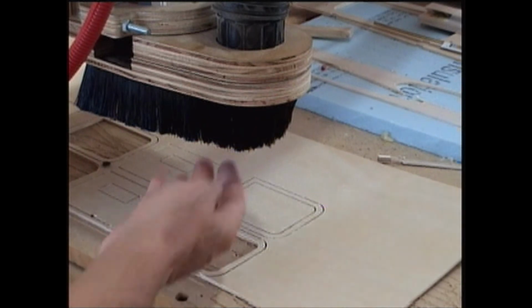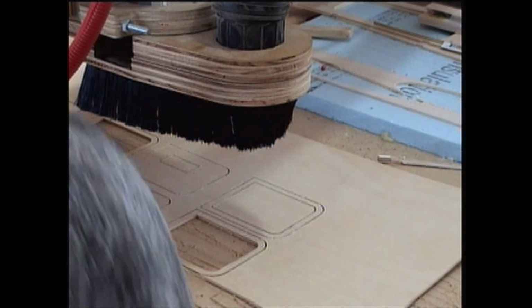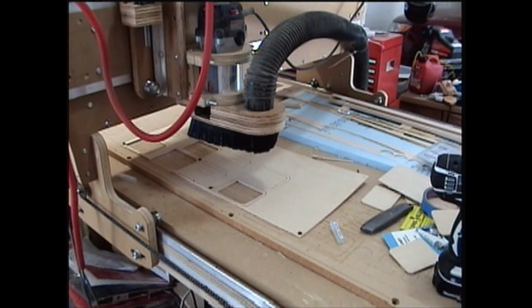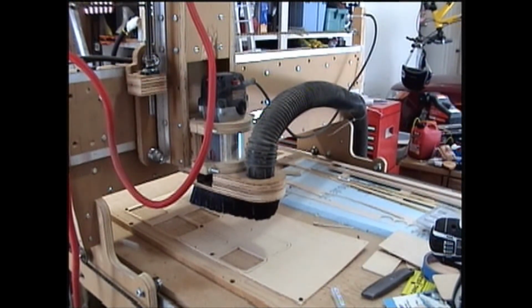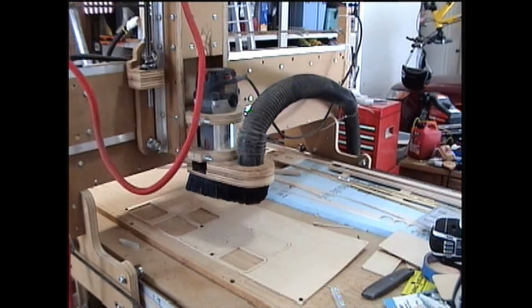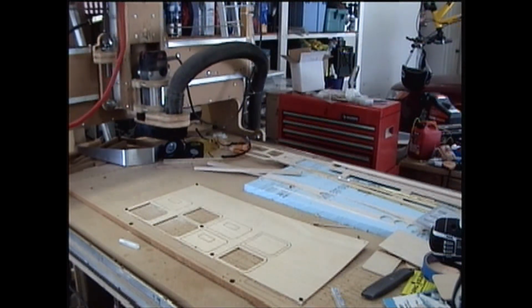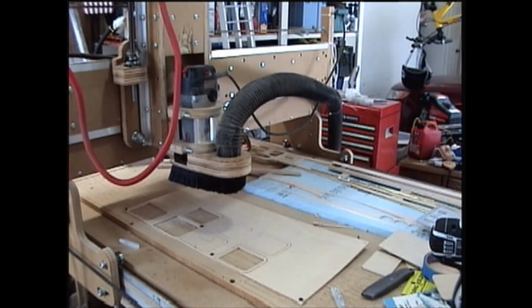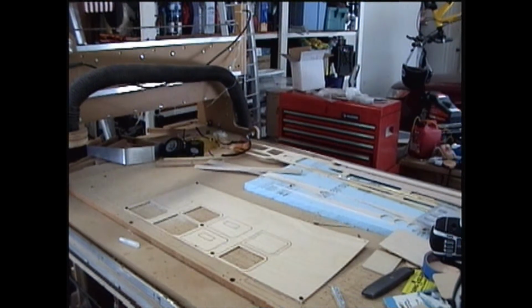Run the head up here. Just for fun here, I'm going to back the machine up here, and I'm just going to kind of show you how the machine can operate, how fast it can go. Alright, got the machine parked,